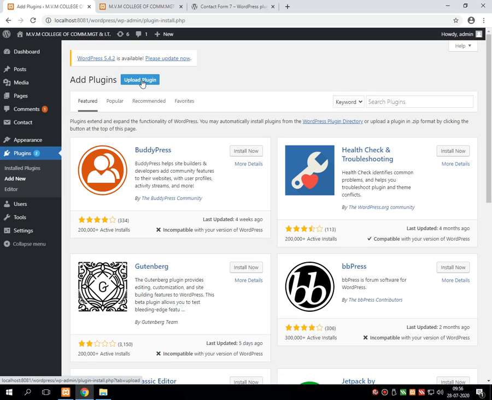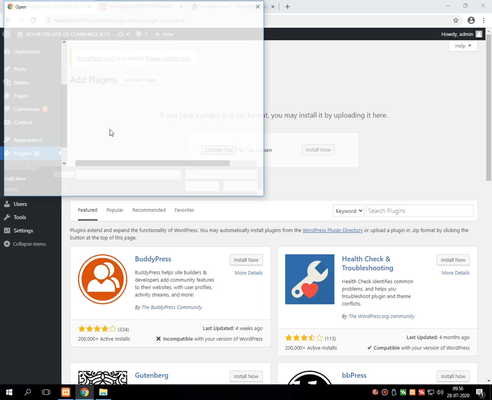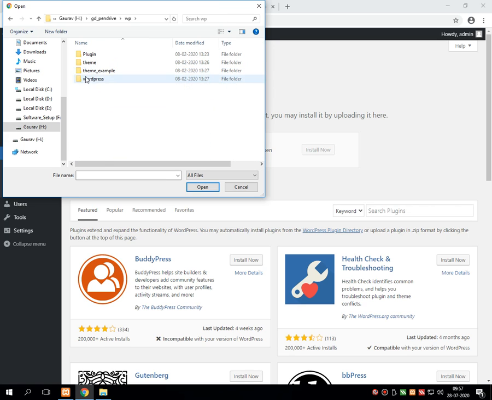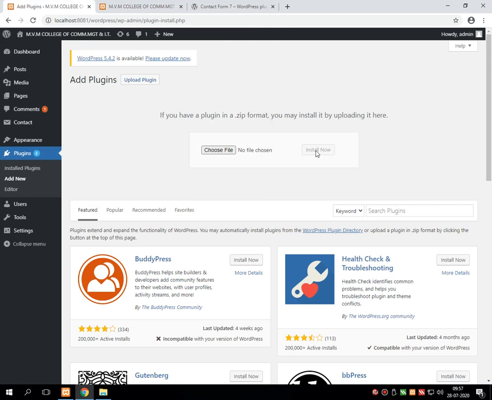Then we clicked on upload plugin, and it asks for selecting the file. From choose file, we selected the desired location where the downloaded plugin is present. That means I selected this zip file which I have downloaded. Then OK. Once the file location is given, I pressed install now.